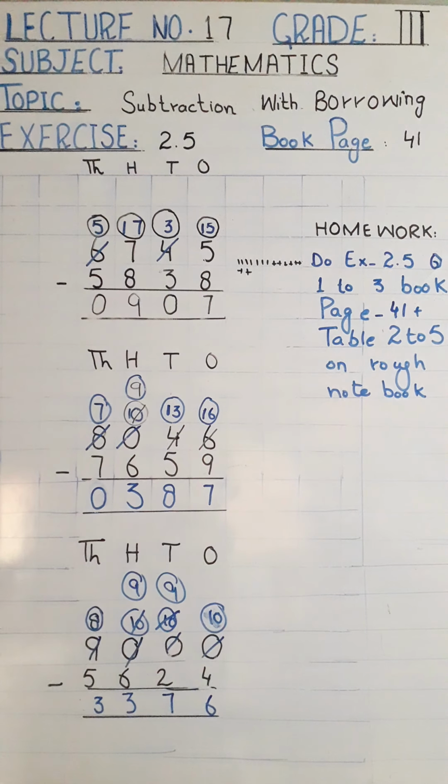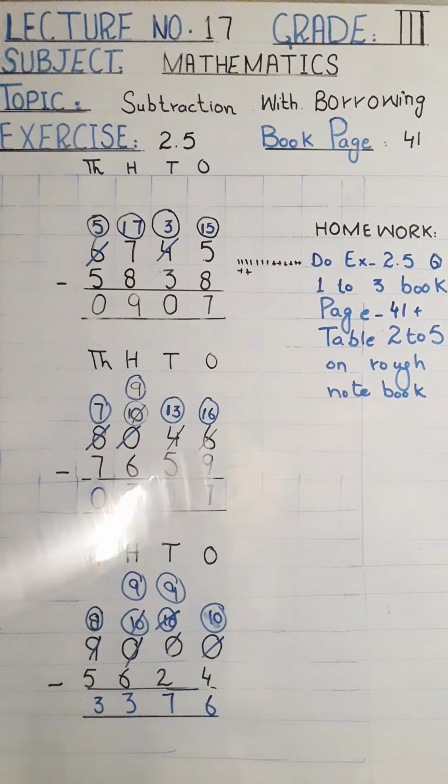Okay, again, look at the board. How can we solve questions with borrowing? When different questions are given in the paper or anywhere, you first look at the question. Either we solve directly or not. If you solve the question directly, that's good. If not, it means you borrow some numbers from the next door. Like this, here is